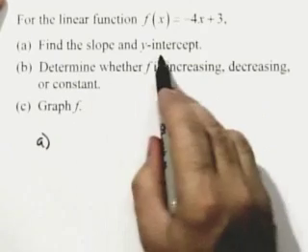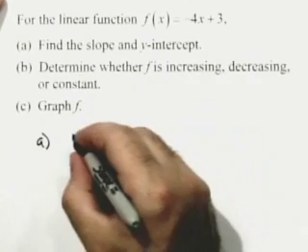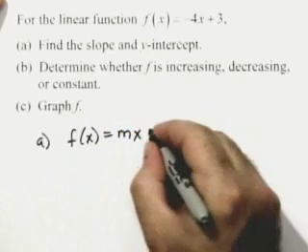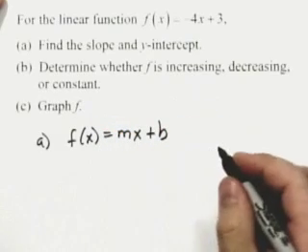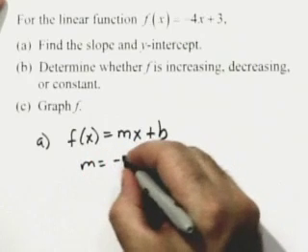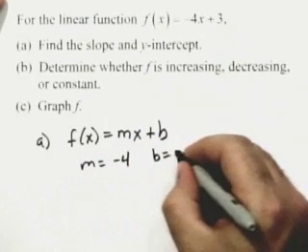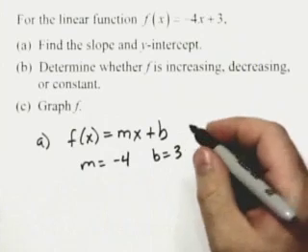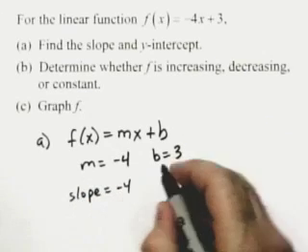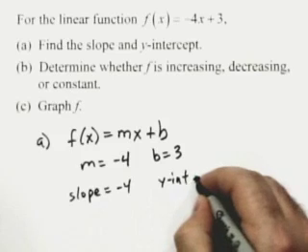For part A, to find the slope and y-intercept, we note that our function is given in the form f of x equals mx plus b. That's our slope-intercept form. So in this form, we can see that m is equal to negative 4 and b is equal to 3. So we know that our slope is negative 4 and the y-intercept